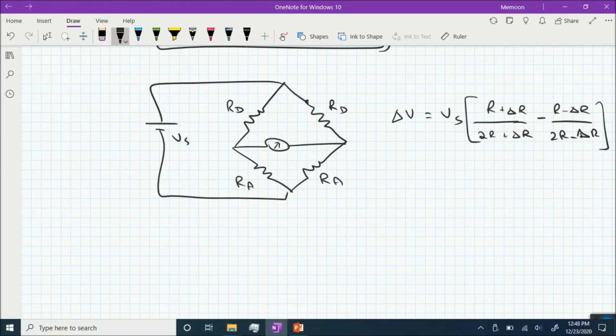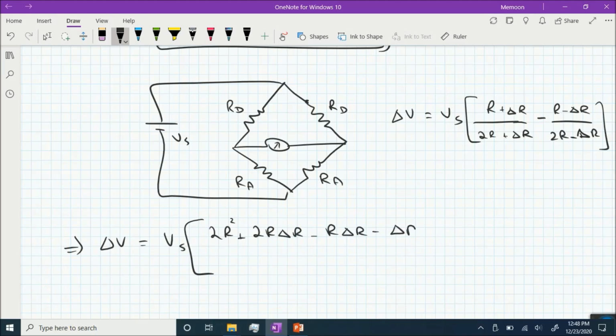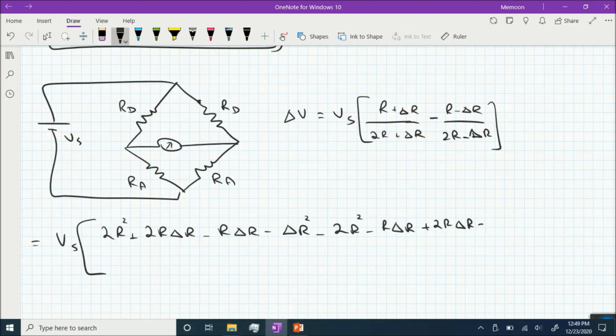So let's expand this expression and see what is the result. And this gives us delta V is equal to Vs into [2R square plus 2R delta R minus R delta R minus delta R squared minus (2R square minus R delta R plus 2R delta R plus delta R squared)]